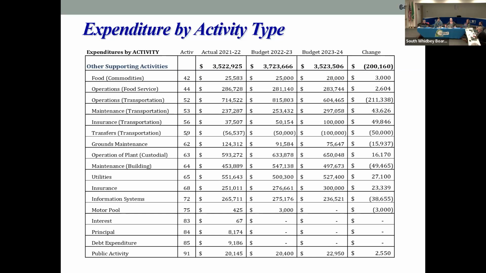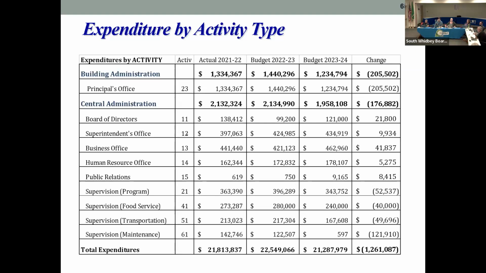Insurance is one of those that is going up dramatically. The cost to transportation alone is $50,000. If we get to insurance down below, it's another $23,000. There's a $75,000 difference in insurance. Maintenance of buildings, operation of plants. You can see that each of those have a little bit of change based upon what we thought was the appropriate staffing level, or looking at costs that we had incurred that maybe we don't have to buy something that we had purchased in the previous year, those type of changes to it.